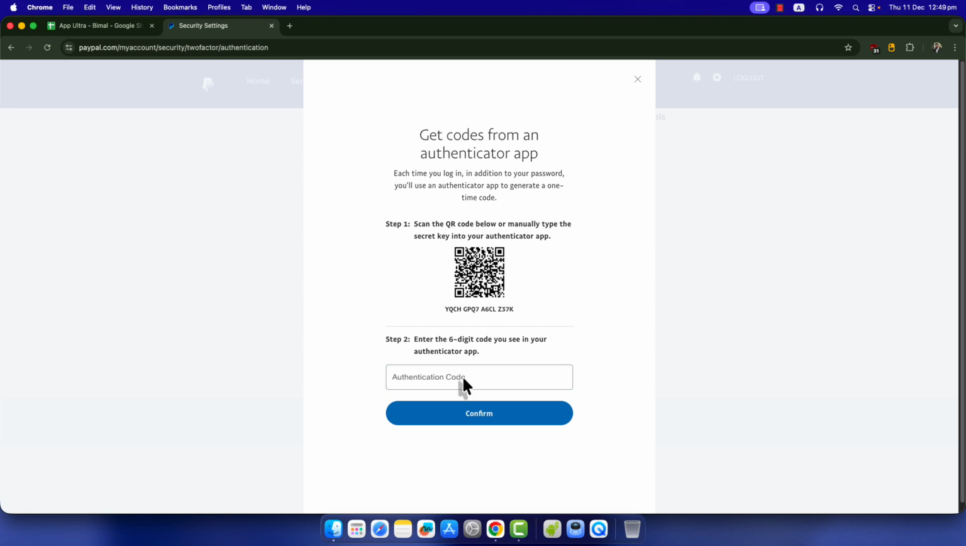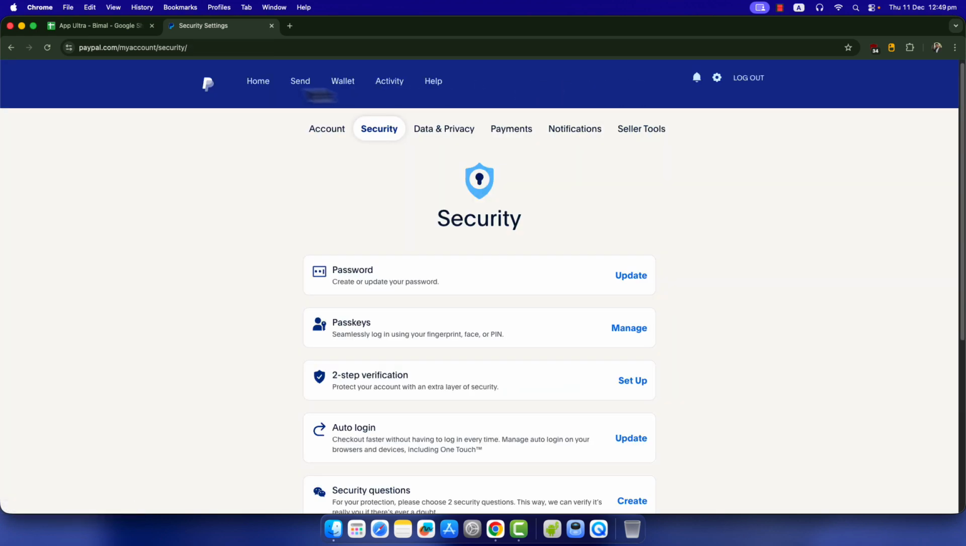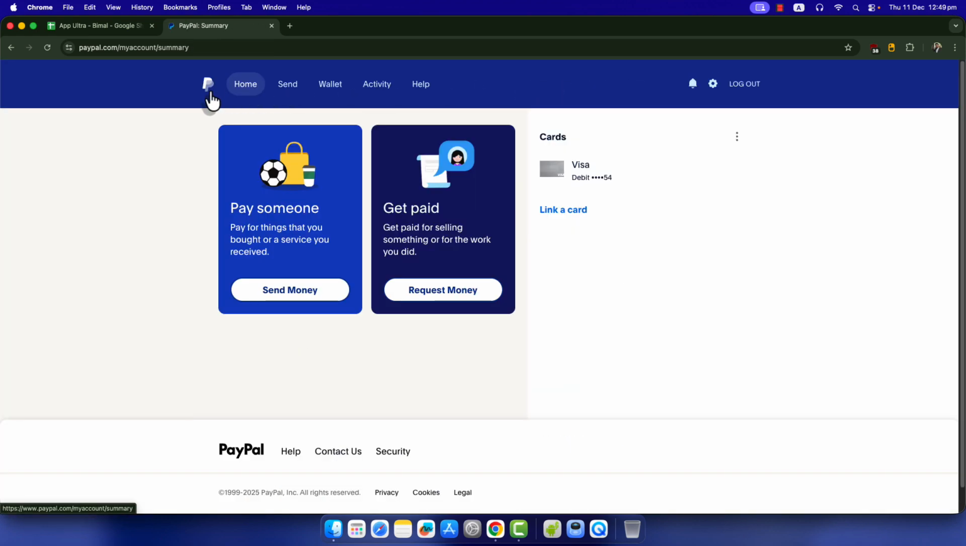code that you see in the authenticator app after you scan this, and this pretty much depends upon the authentication app you're using, like Google Authenticator, Proton Authenticator, Microsoft Authenticator, any type of authenticator app that you'd like to use. But to give you a basic idea, this is how you can turn on or enable 2FA